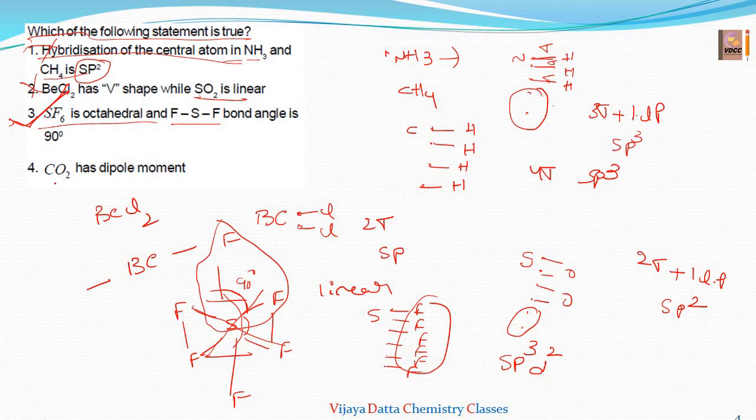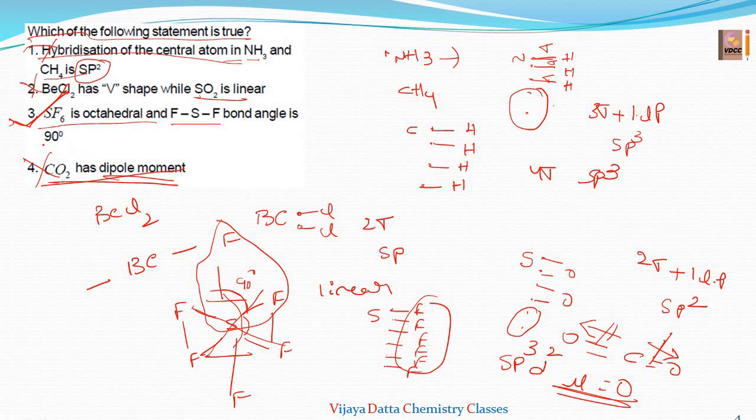So why not CO2? He said CO2 has a dipole moment. We know the dipole moment is directional. In the CO2 molecule, the bond is C double bond O like this. The direction of the dipole moment will be towards the highly electronegative element. Between carbon and oxygen, oxygen is more electronegative, so the direction of the dipole moment is this side. Here also carbon and oxygen, the direction is this side. Both are in opposite directions and will get cancelled, so the dipole moment value will be 0. It has no dipole moment, but he has given that CO2 has a dipole moment, so this option is also wrong. So this is the correct option.